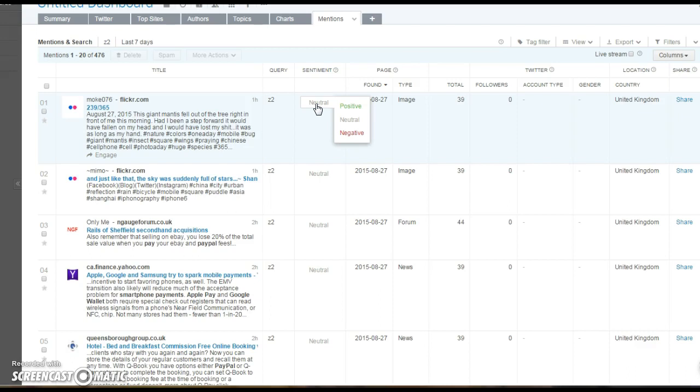negative. This is using Brandwatch, and just here we've got a listing of some 400 items in the past week regarding a kind of string of references to mobile payments providers, people like Apple, Google Wallet, that kind of thing. So we've got a whole host of them coming up here, and as you can see, the majority of them are neutral. But you might want to go through, because there's a lot of people think that the way that